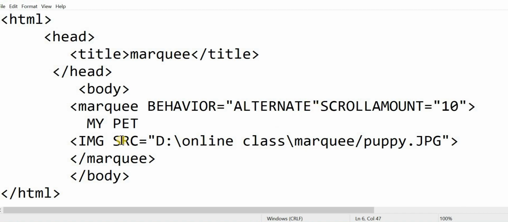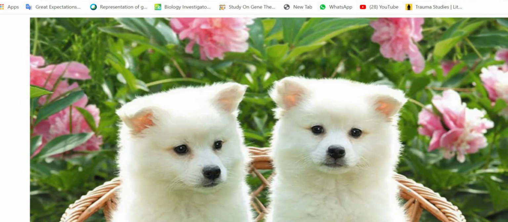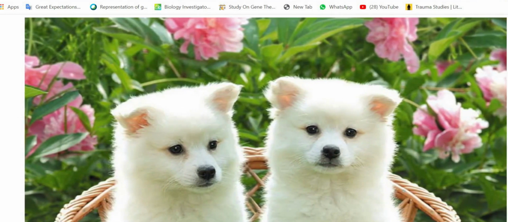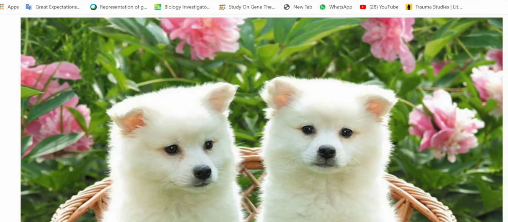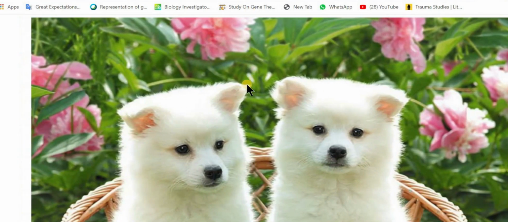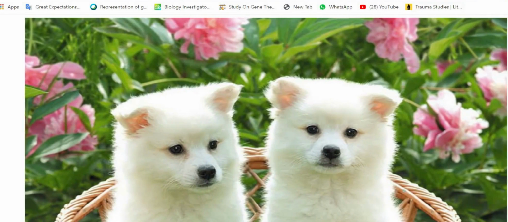Now let's save the file and let's refresh the web browser. Refresh that. Now you can see it's scrolling, just a small moment. You can see it's a little bit faster. When we are giving scrolling, you can see that it is a little more faster.